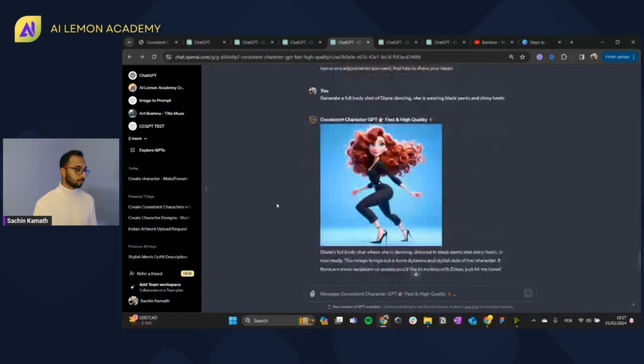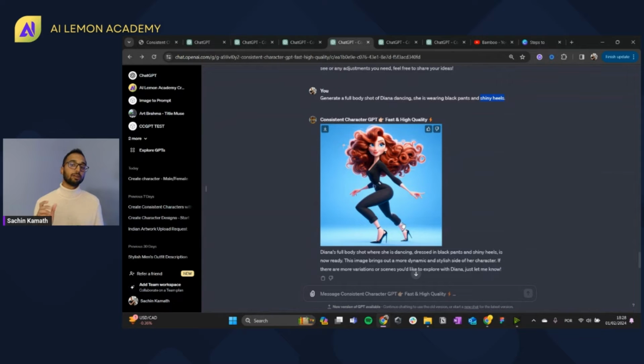And to get full body poses, you can type something like generate a full body shot of Diana dancing. She is wearing black pants and shiny heels. It is very important to type something like she's wearing shoes or heels of this particular color, because when you have that, it'll try to generate that full body pose, because otherwise this might be also a trick for Midjourney where it's not creating you a full body pose.